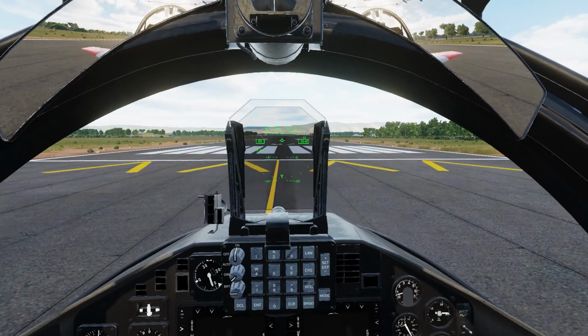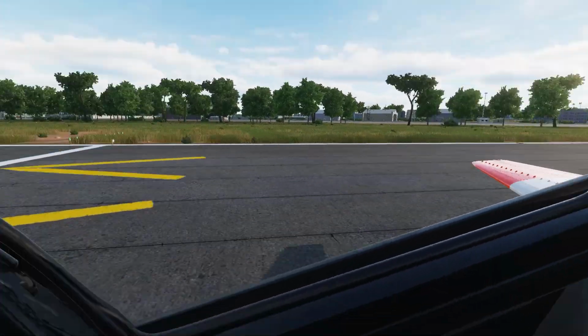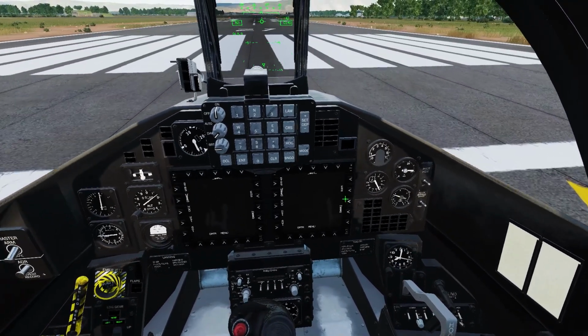To here, we'll be taking off from runway 27, that's Ramat David in Israel. So we're on the Syria map today. We'll set up our